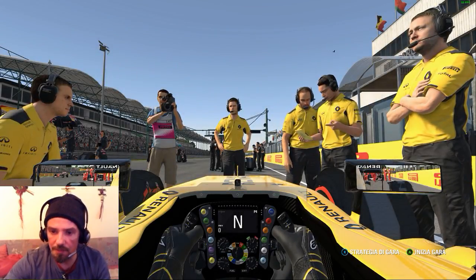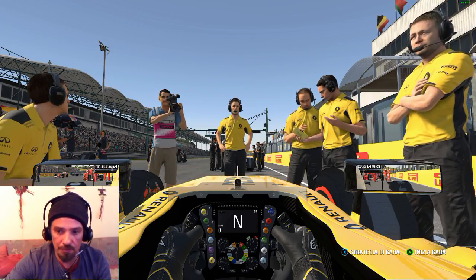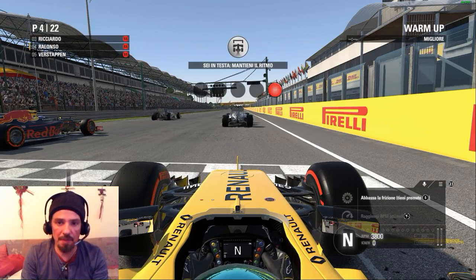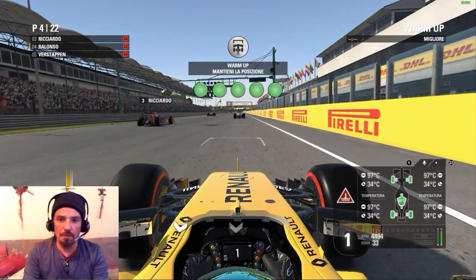Sitting in our car right now, watching the strategy before we head to the race, beginning with a short stint on our super soft tires that we had used already on our qualifying run, switching over then twice on the soft compound tires before we will end the race another time on the super soft compound tires. But now let's head to the warm-up lap, waiting for the green lights, and off we go, heading down the main straight, shifting through the gears,